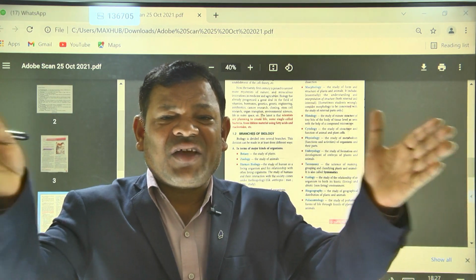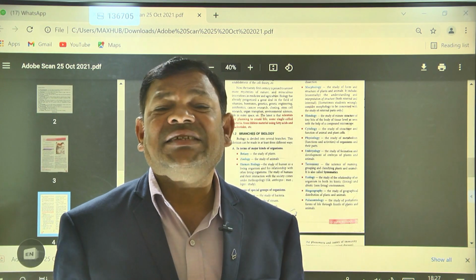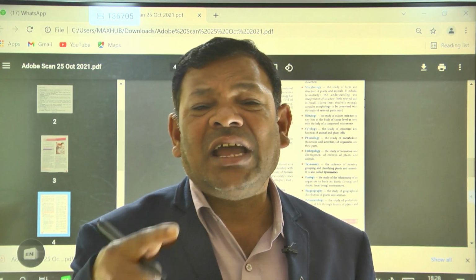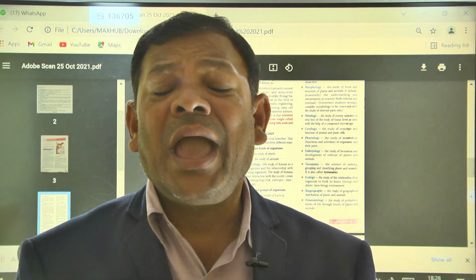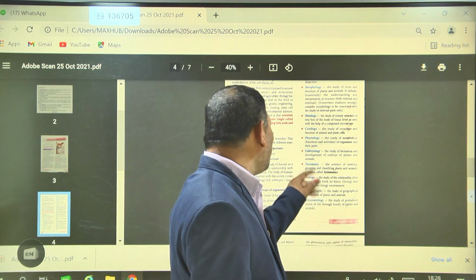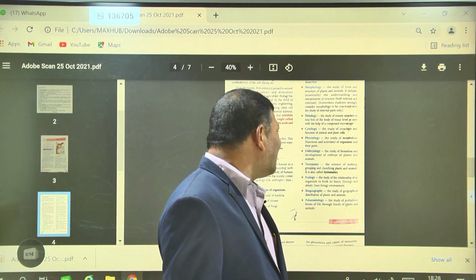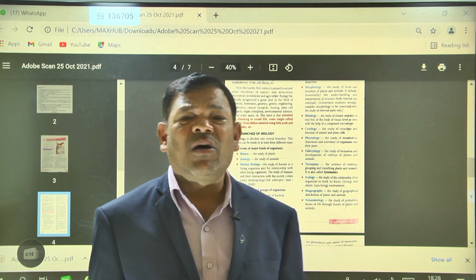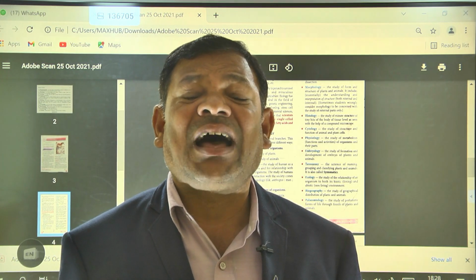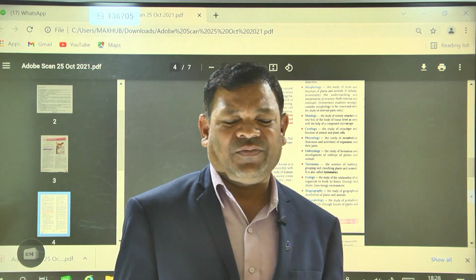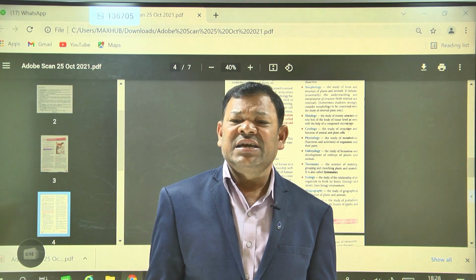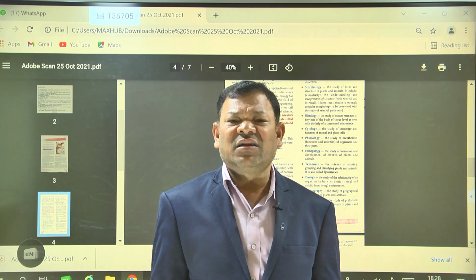The male gamete and female gamete fuse. That is called fertilization. The zygote is formed. That zygote develops into the embryo. The embryo gives rise to a new baby. Okay. The study of embryos is called embryology. The father of embryology, the greatest Indian embryologist, is Shishir Guha Maheshwari. He is the father of embryology.